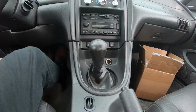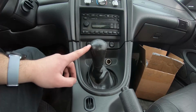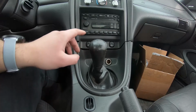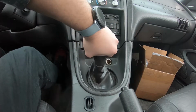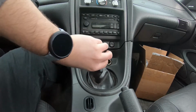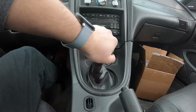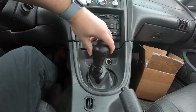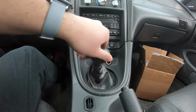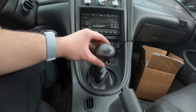Today we're going to be replacing the stock shifter in my '03 Ford Mustang with a MGW short shifter. So we're just going to get right into this. I believe the install is the same for all '99 to '04 Mustangs. It might be a little different depending on which transmission you have, but I'm pretty sure this one has the T-3650. So we're just going to go ahead and take off the stock shift knob, which is disgusting looking, super